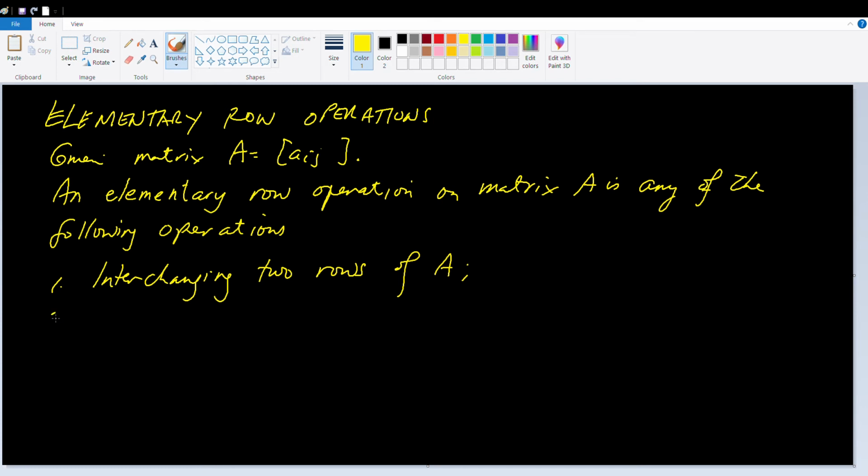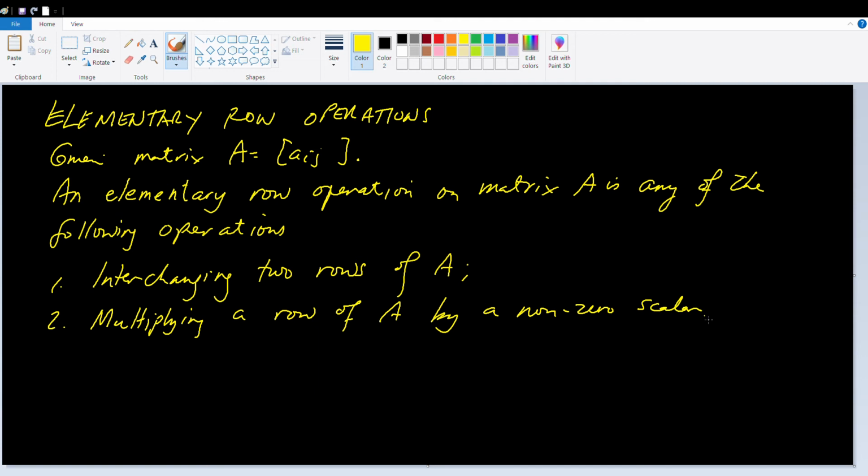The second one is multiplying a row of A by a non-zero scalar. If you multiply one particular row of A by a non-zero number or a non-zero scalar, that operation is an elementary row operation. And finally,